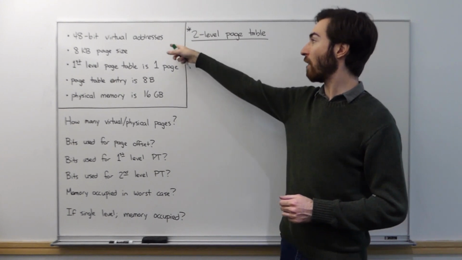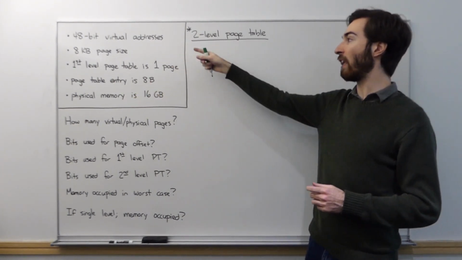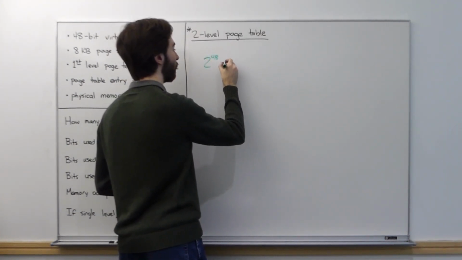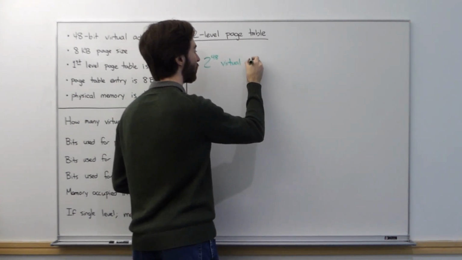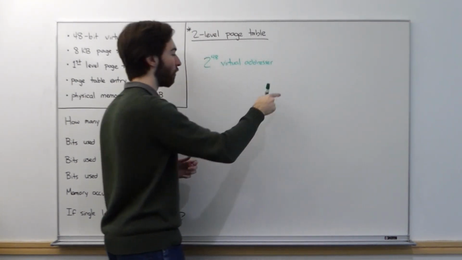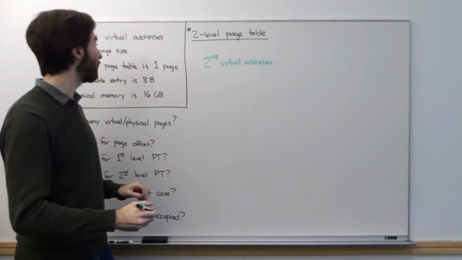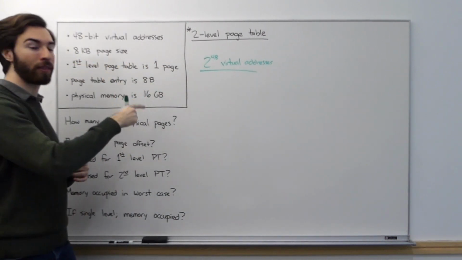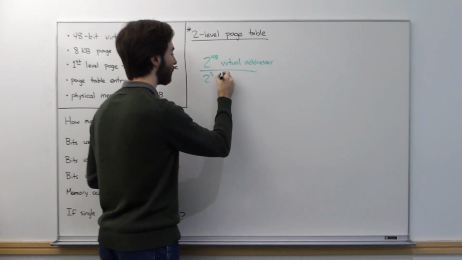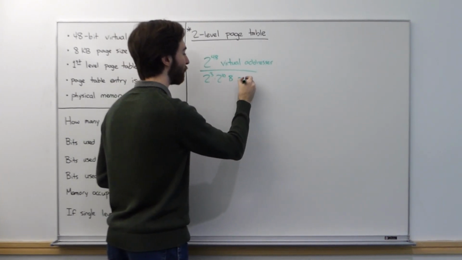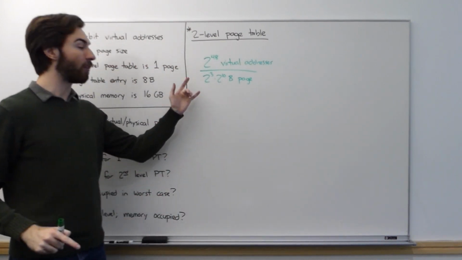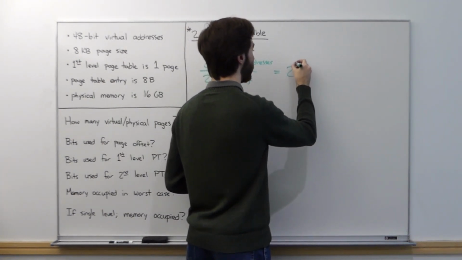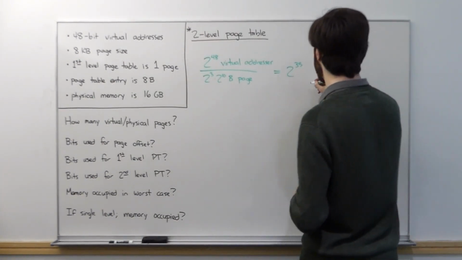So virtual memory, we know we can index into virtual memory with 48 bits. That means that in total, we have 2 to the power of 48 virtual addresses. Or in other words, we have 2 to the 48 bytes in virtual memory. And then we know that our page size is 8 kilobytes. And 8 kilobytes is 2 to the third times 2 to the 10. And that's for one page. So when we divide this out, we can do 48 minus 13, gives us that there are 2 to the 35th total pages